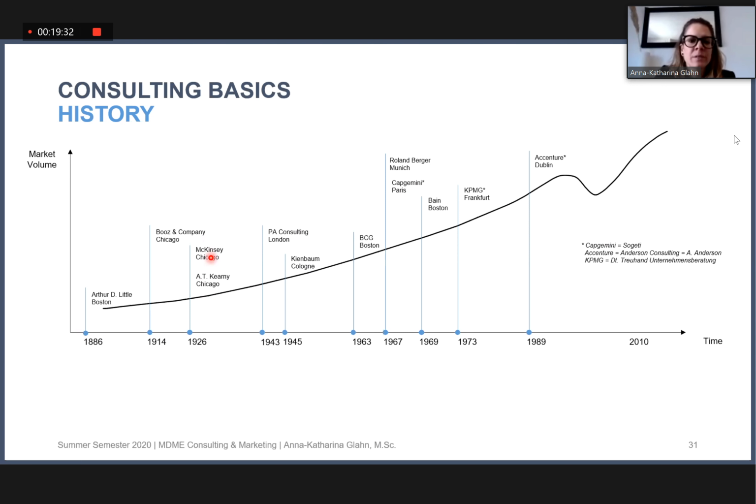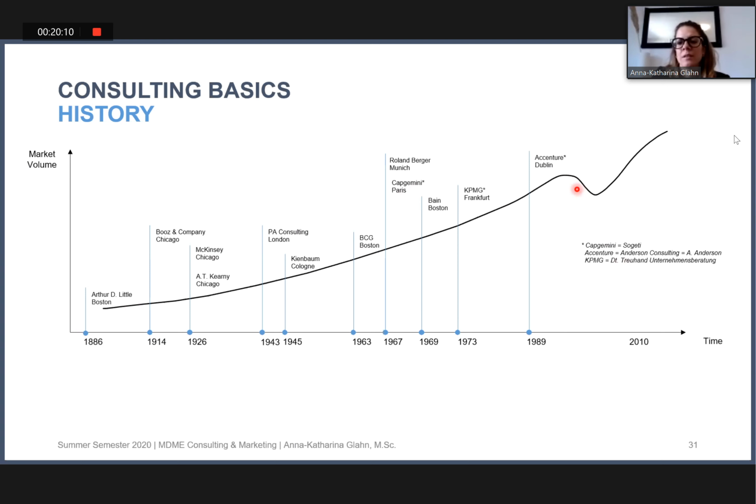They were very close with A.T. Kearney, and already in 1945, Kienbaum was founded in Germany right after World War II, and it was linked to the war because they tried to help the companies to get up. And in the following years, there were other companies like BCG, Roland Berger, Capgemini, former Sogeti, and KPMG, and so on. What you can see here is also that the market volume increased, and that there was